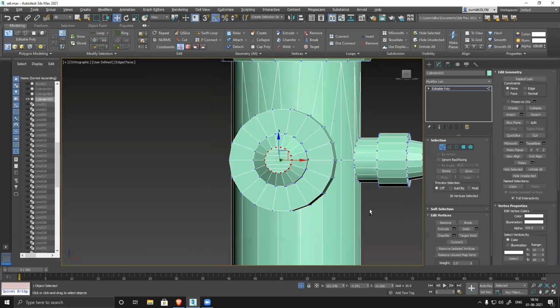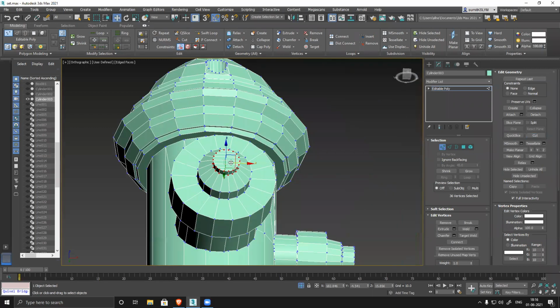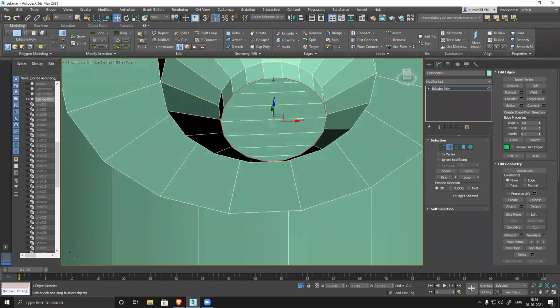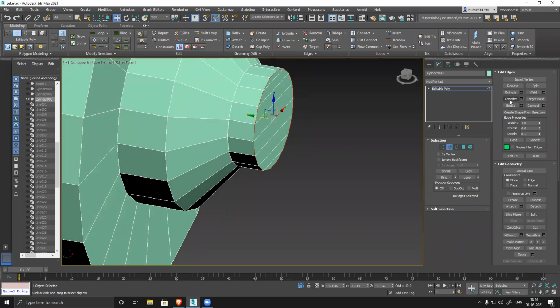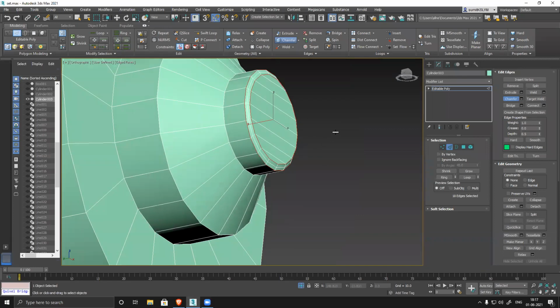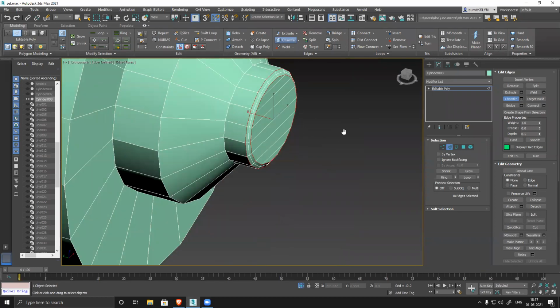Like this we have to connect everything and fix it. And whenever you have this kind of really sharp angles, select the entire border, go to chamfer. Why is it not working?